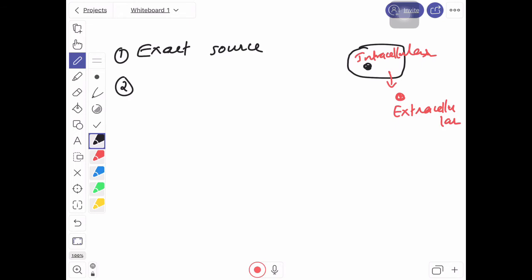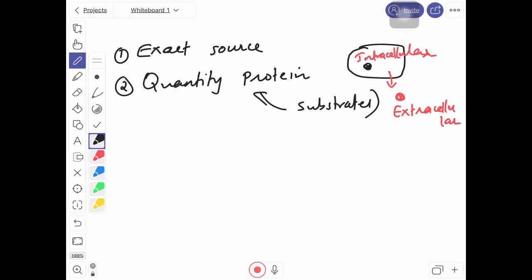The second one is, you should know the quantity of protein required. If you know the quantity of protein produced, then accordingly you can supply the substrates. That means if you are growing bacterial cells inside the fermenter,